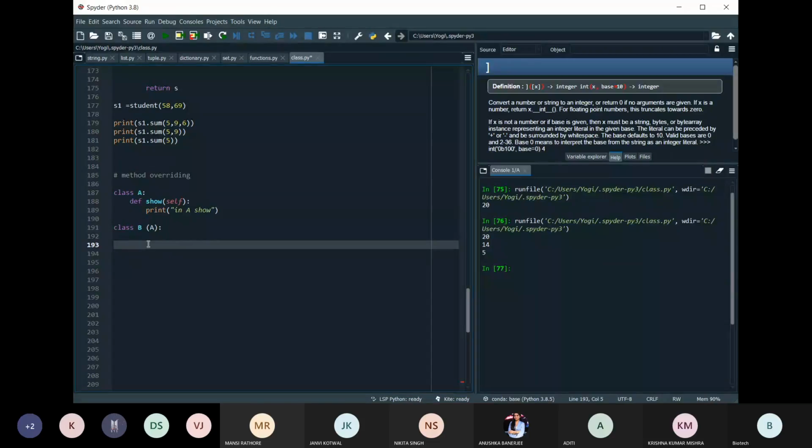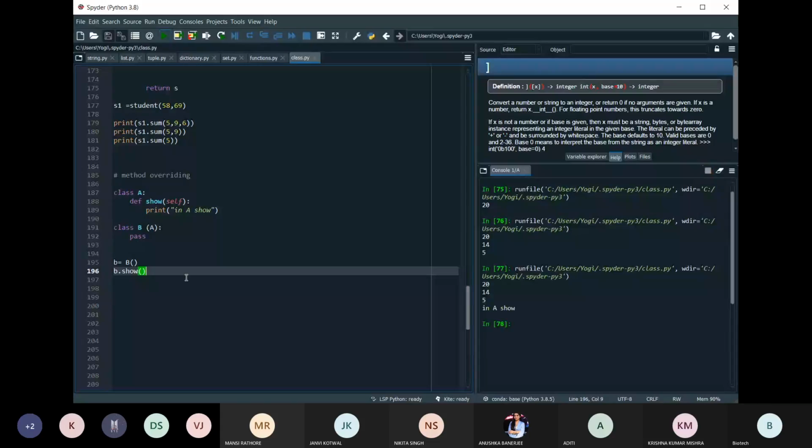What I'll do here is just write the pass statement, creating an empty class. Now I'm creating an object of this class, and I want to call b.show. I have already discussed the default behavior of inheritance: first it is going to check in its own class. If it is not present, then it is going to access the other class.